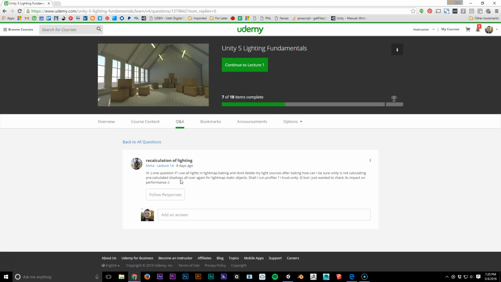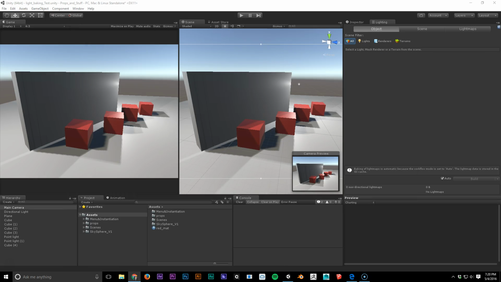You asked one question: if I use all lights in light map baking and don't delete my light sources after baking, how can I be sure Unity is not calculating pre-calculated shadows all over again for light map static objects? Shall I run Profiler? I trust Unity, but I just want to check its impact on performance. So, great question. In actuality, when you set your lights to baked instead of real time, they're no longer calculated